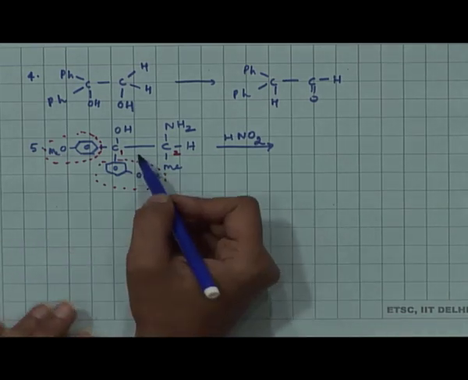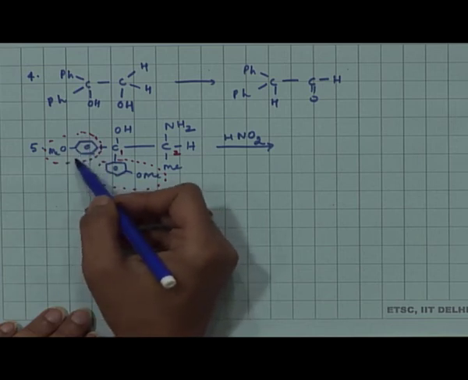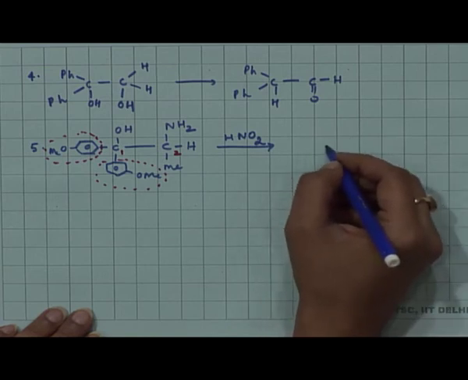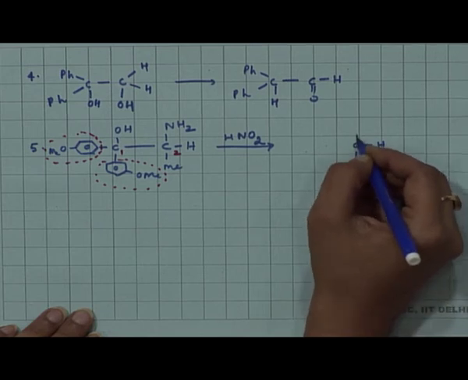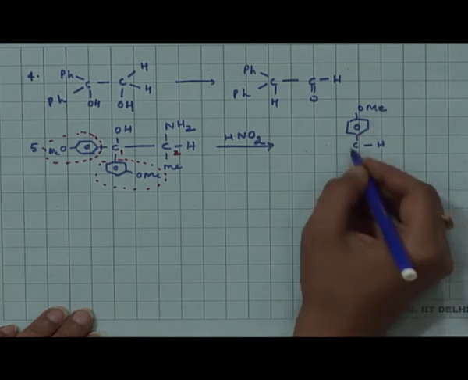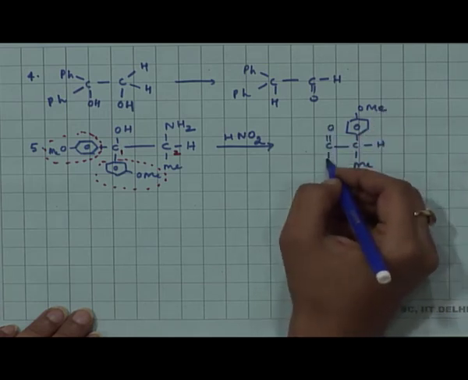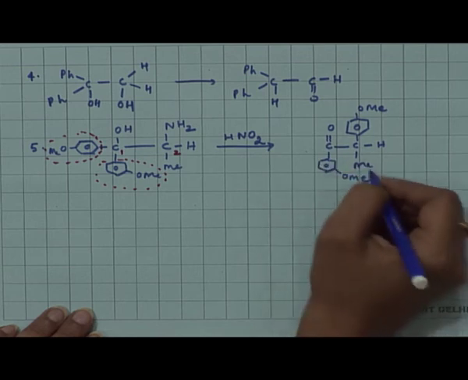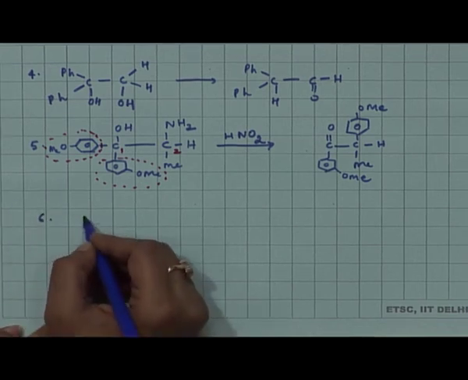So, one would imagine that the paramethoxy is the one which is going to be more electron rich, and therefore, this is the one which migrates and gives you the product which is through a paramethoxy phenyl migration, carbon 2, and on carbon 1 you get this ketone with the metamethoxy phenyl ring. Okay. Another example,